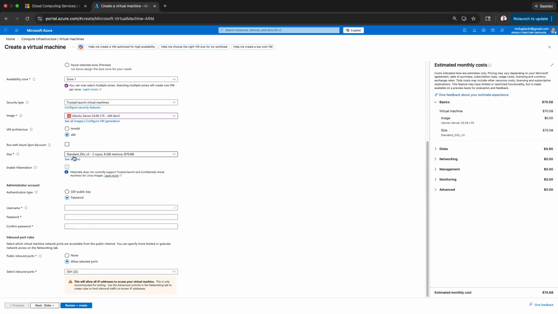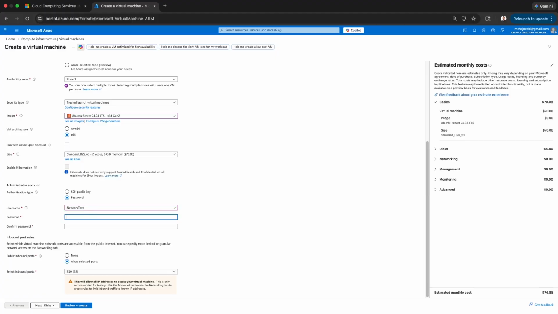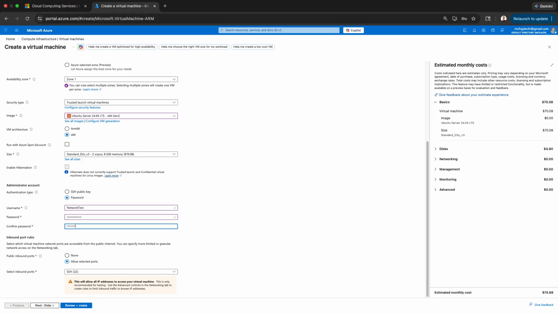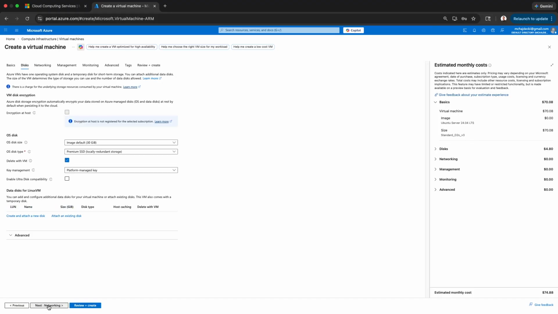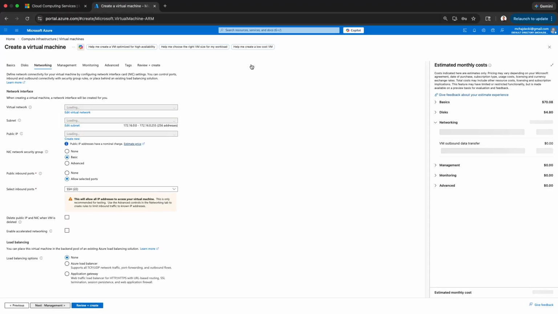Make sure you select password here, and again, create a username that you can remember. I'm going to do a network test, password at 123, and go next to disks, go next to networking, and here networking is where we're going to put it in